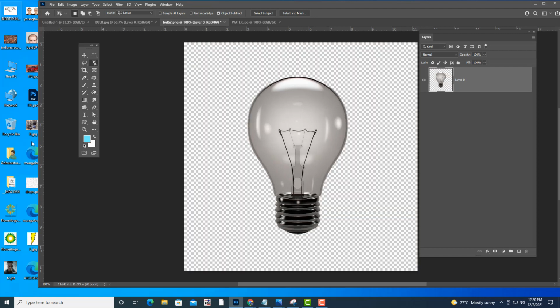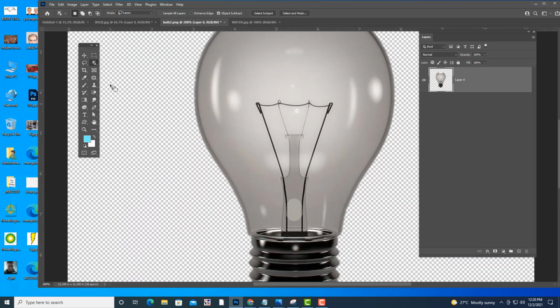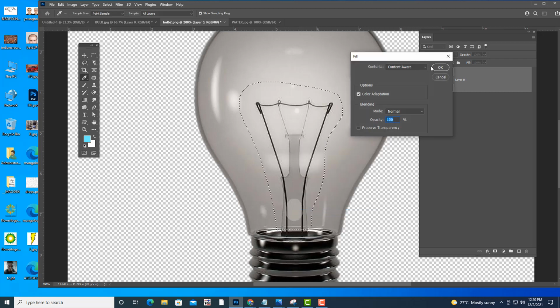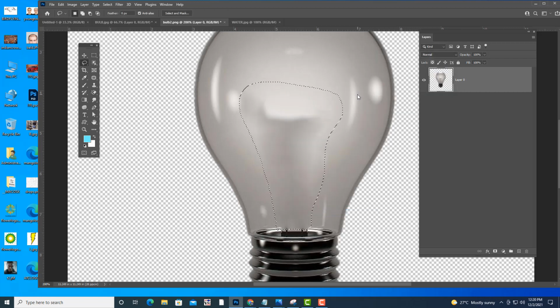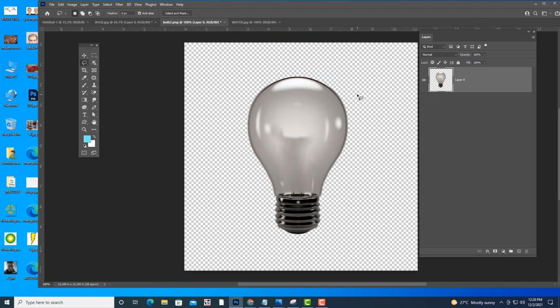The same thing we'll do. Oh sorry, we have to select with a larger area. Use fill, content aware, and then again we can use the patch tool here.